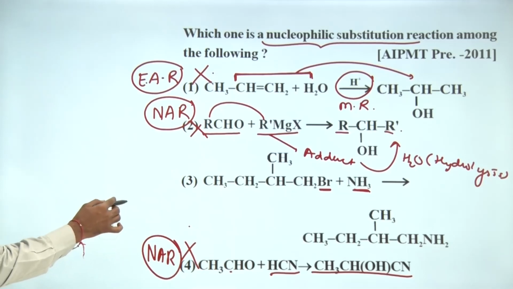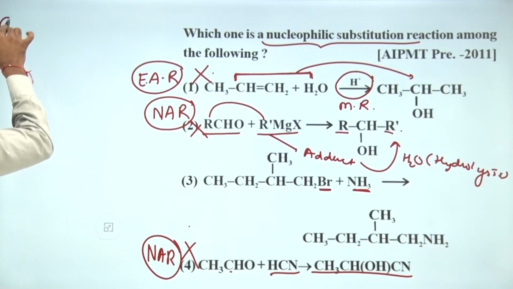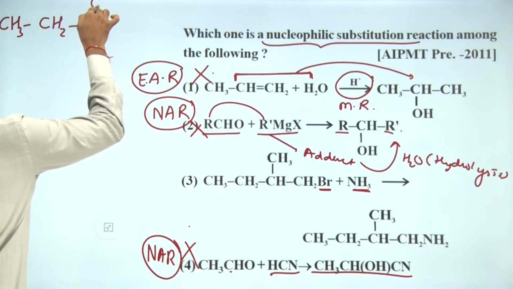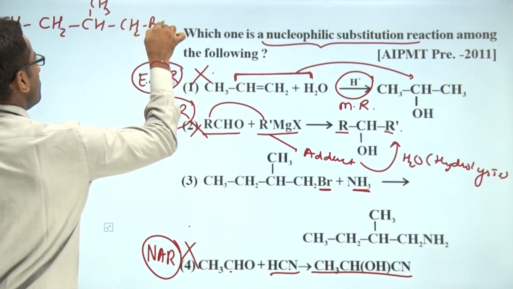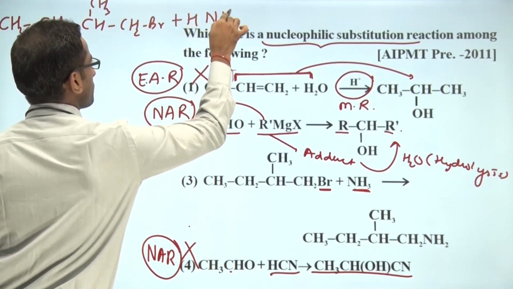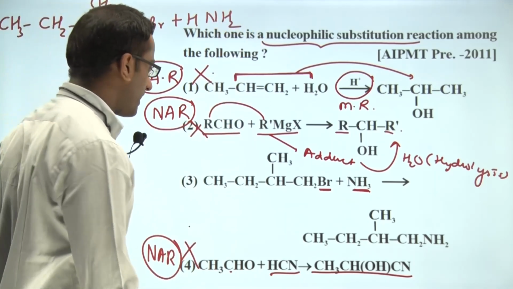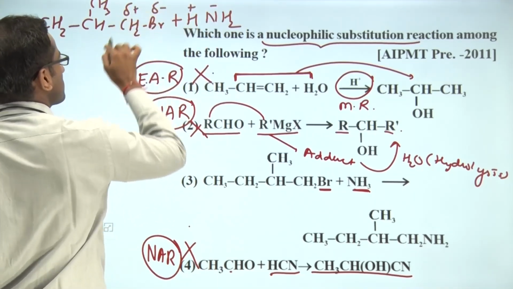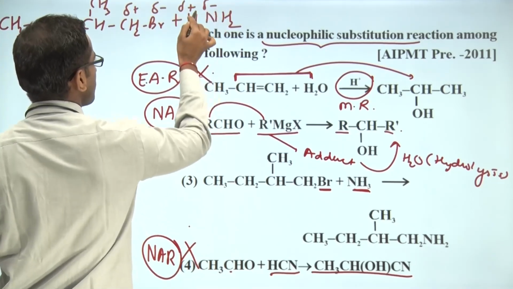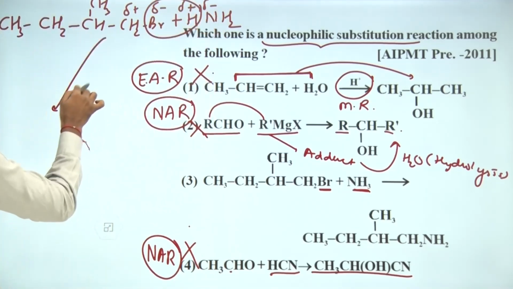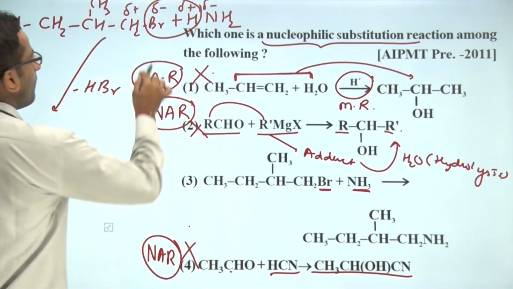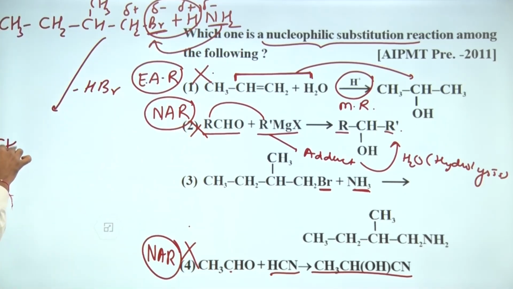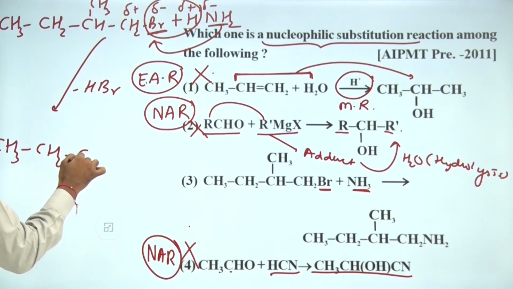So now I am drawing the structure. First of all, we have the reacting molecules, CH3 CH2, carbon 1, methyl CH2Br, and H NH2. Can we write the formula of ammonia in such a way? H plus, NH2 minus, Br minus, CH2 plus, with delta plus and delta minus. So students, HBr molecule is removed here. And now in place of this bromo, we are getting the amine group.